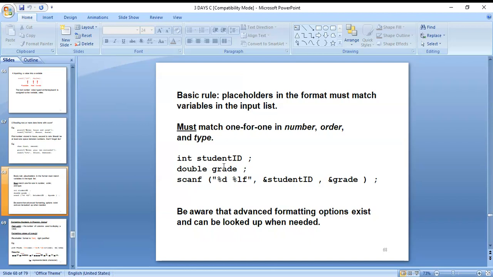Student ID is an integer variable, and grade is also a variable, a double variable. Here you can see scanf with percent d and percent lf, then ampersand studentID, and next ampersand grade. Student ID and grade are both variables.